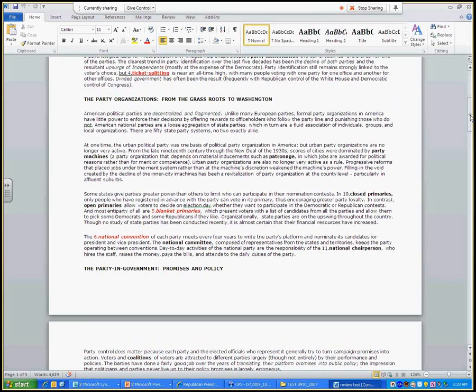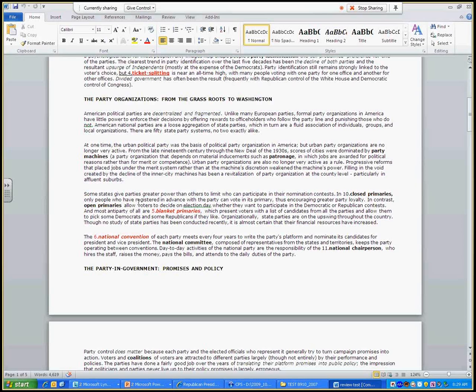And let's go on down to the primary system. Primary system is the process where each party will choose one person for the president, one person for the governor, and so on. And there's 3 types of primaries. Closed primaries is mainly designed to keep the members loyal to the party because they have to register ahead of time to vote, and then they can only vote for their party members. Now, open primary is about the same, except you do not have to register early, but you can only vote for either all Republicans or all Democrats.